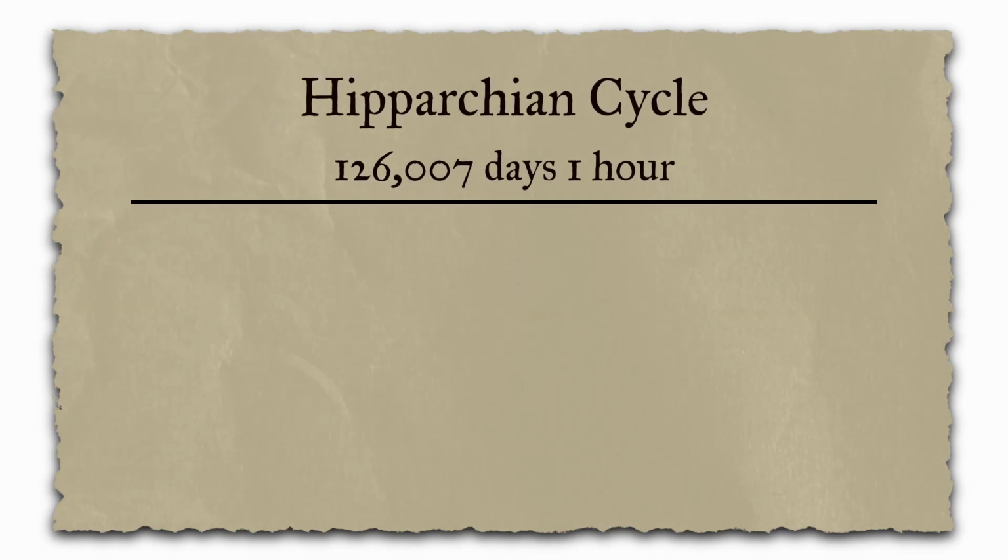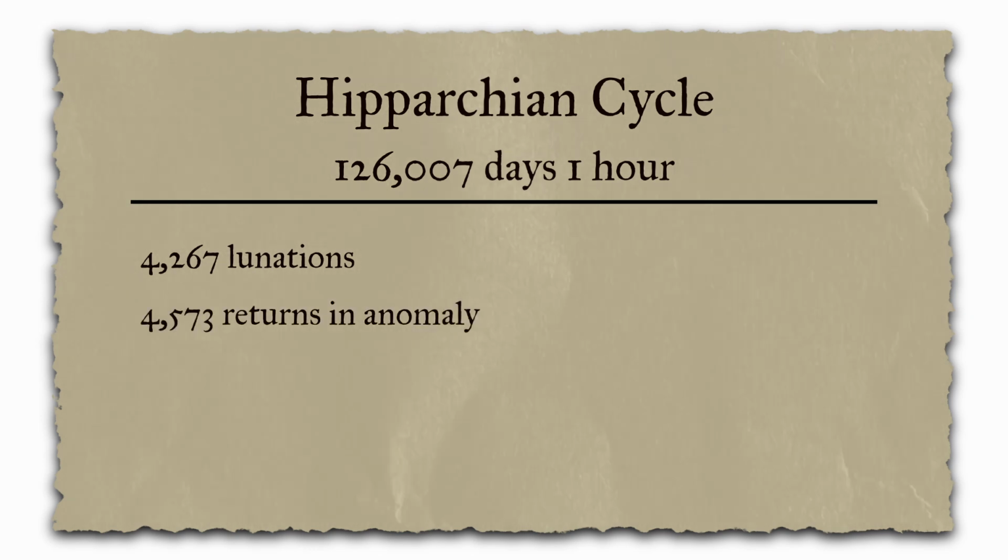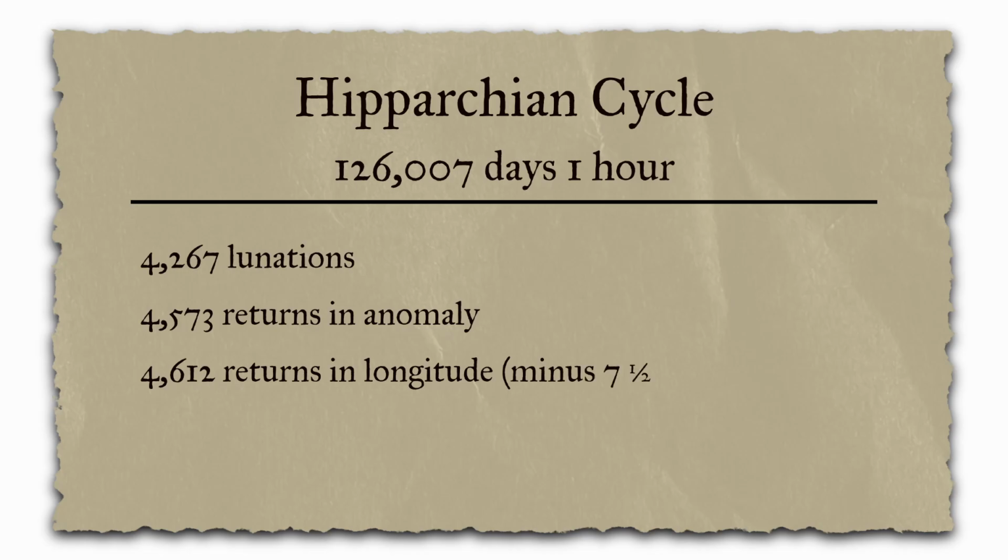126,007 days and 1 hour. In this period, he finds 4,267 lunations, 4,573 returns in anomaly, and 4,612 returns in longitude, minus 7.5 degrees, again related to the sun's position being different. And because this cycle has a longer baseline, dividing the total period by the number of returns to figure out the average lengths of the various months should give an even more accurate determination for each of the